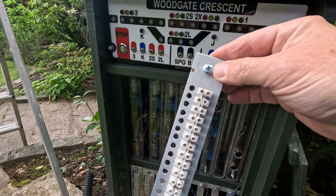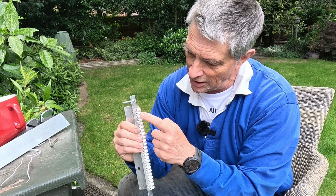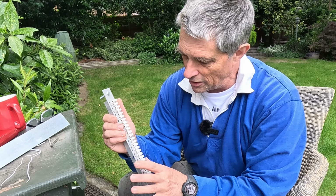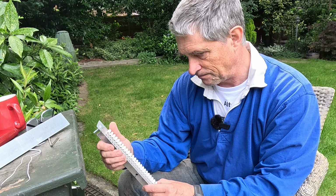I like these better because the wires are more securely trapped, and I can label them and keep them in a much more manageable way, and it just keeps the front much tidier. I'd really like to swap the other strips out here as well, so hopefully in the next few weeks I'll do that. While I'm sitting here, let me explain to you what the other 4 module panels are, because